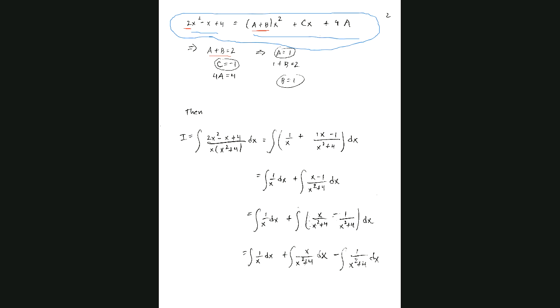Similarly, the c times x on the right has to be equal to negative x on the left side of the equation. So c is negative 1. And then 4 times a on the right side has to equal 4 on the left side. So a is 1. And so therefore,